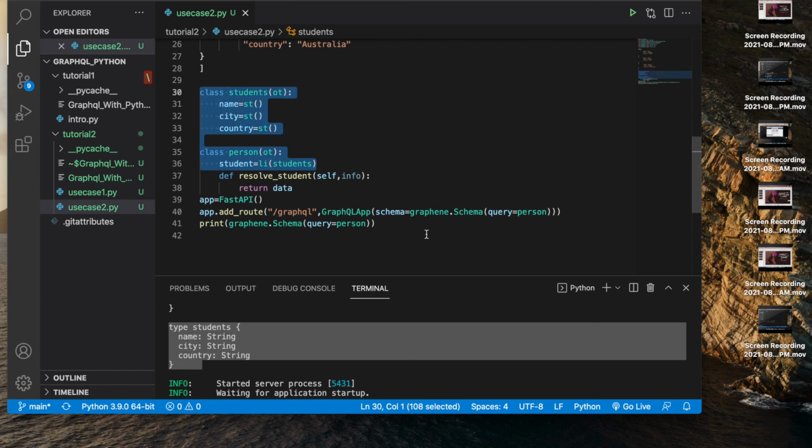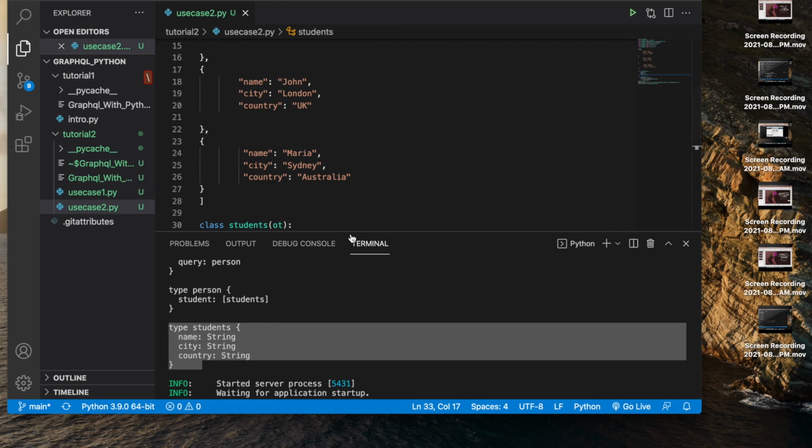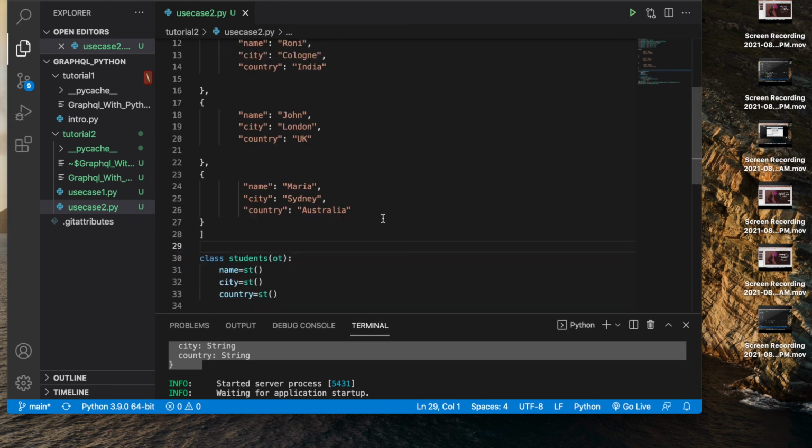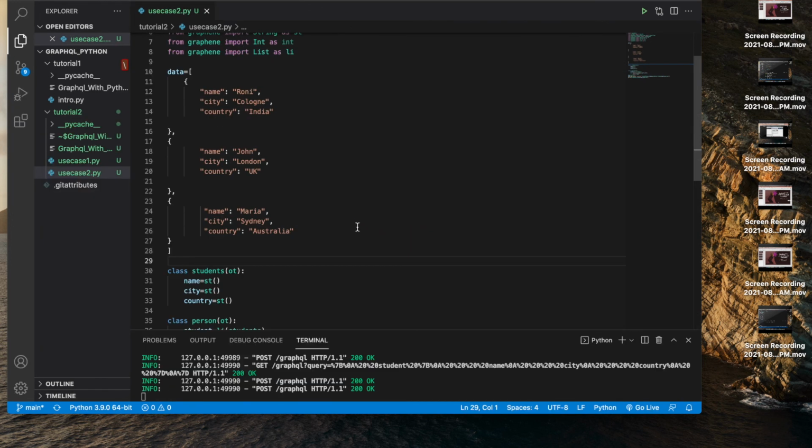I hope, for the first time, if you are checking all this, it is going to be very complex and you won't be able to understand it the first time. But with time, if you do proper practice and understand the concepts of schema, type, field, resolver and everything, this will definitely help you understand. So my humble request to all of you is to do some practice, or else over time you will forget all these things.